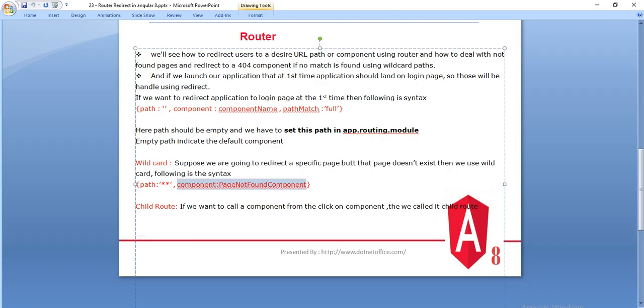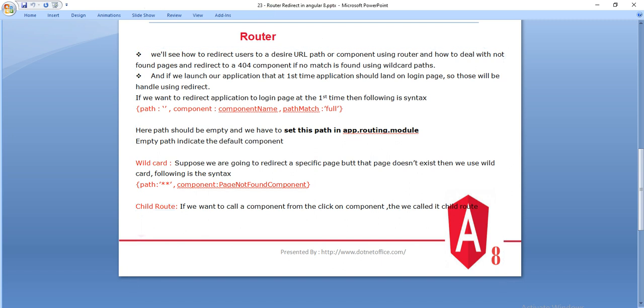Now the next concept is child route. If we want to call a component from a click on a component, then we call it a child route. What this means is that I am landing on a home page, and from this home page I want to call another component.